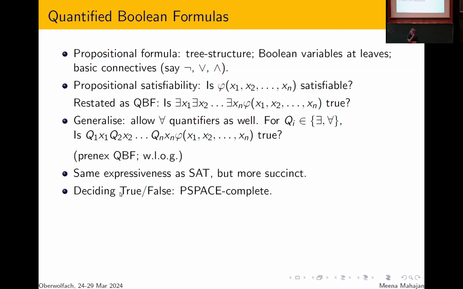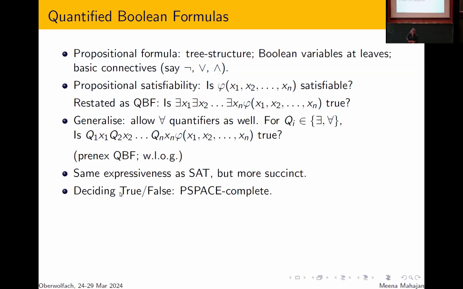And when you generalize this, you allow universal quantifiers as well. So every variable is being quantified either existentially or universally, and that's what gives you a QBF, a quantified Boolean formula. So in general, we are going to consider quantified Boolean formulas in which all variables are bound. So the formula is either true or false, and we want to decide which is which. In this talk certainly, but also fairly generally, we are going to assume that all variables are quantified at the beginning. This is not necessarily the case. I mean, you could also quantify inside the formula, but one could convert any formula easily to something of this form.